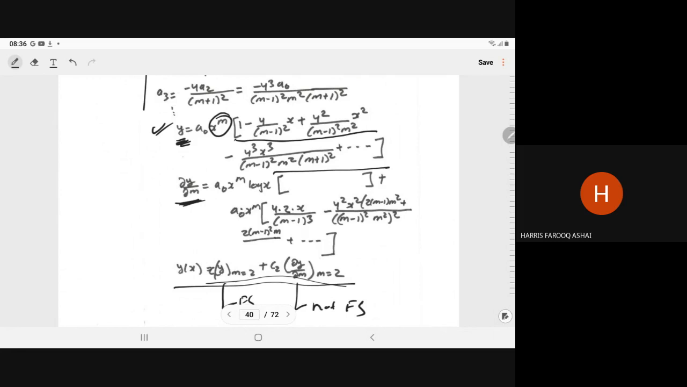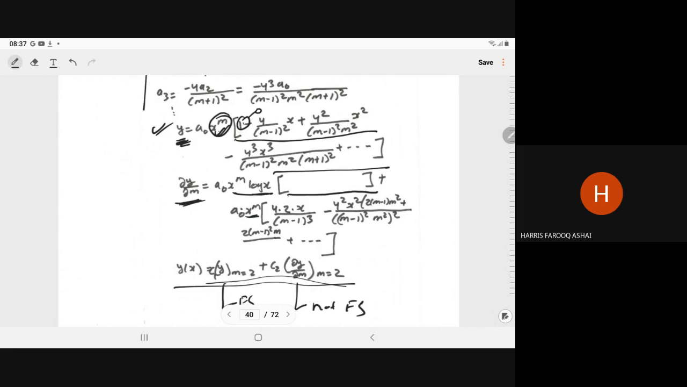So when we take the partial derivative with respect to m, for the x to power m we have x to power m log x, with the bracket term as it is, plus the first term as it is times the derivative of the bracket. The derivative of this is 0. The derivative of 4 upon m minus 1 whole square